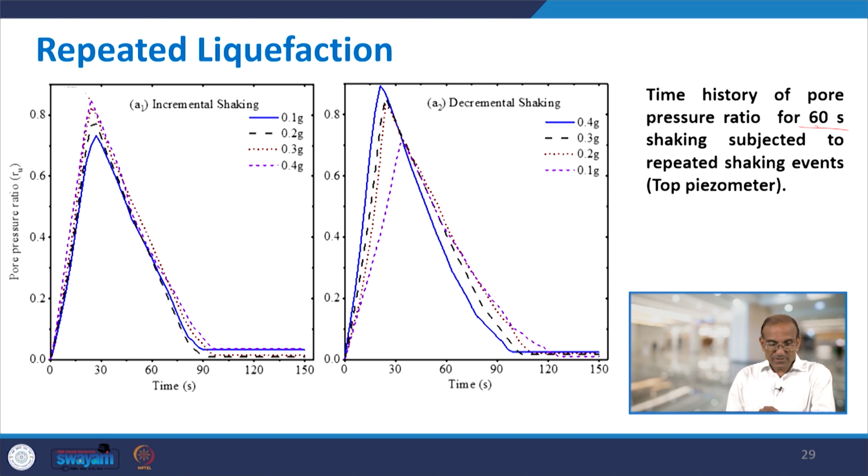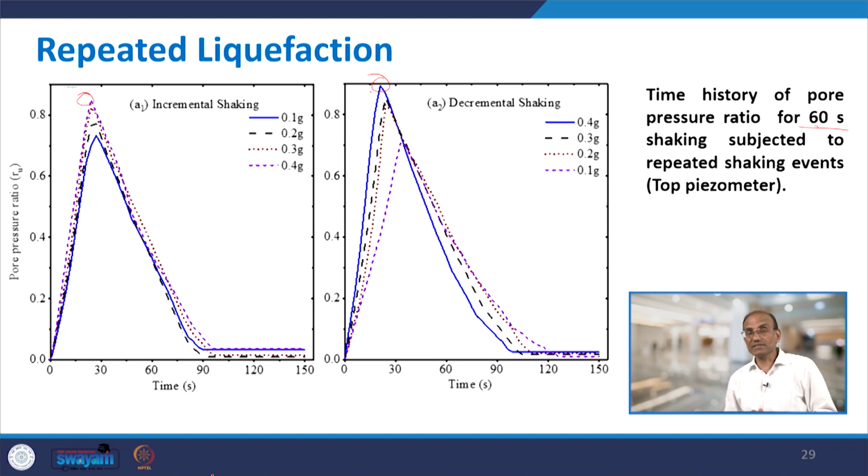The 0.4 g values are here, but if we directly apply independent shaking instead of the incremental shaking, then for 0.4 g you get this peak. So, this peak is certainly quite higher compared to that one. So, that means independent shaking given as 0.4 g is more dangerous than this incremental shaking,